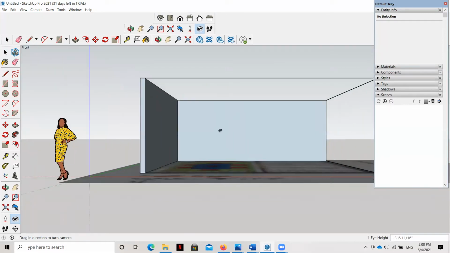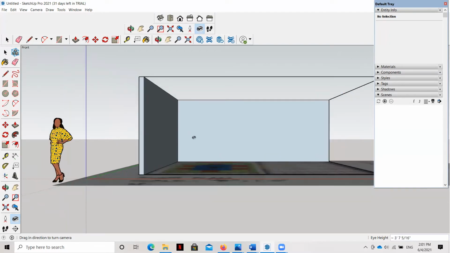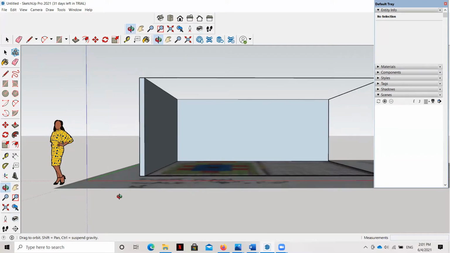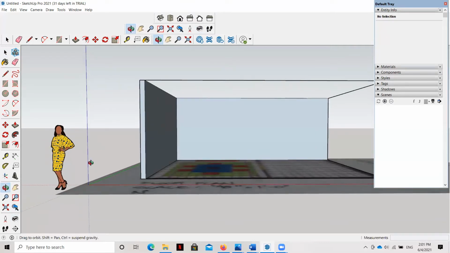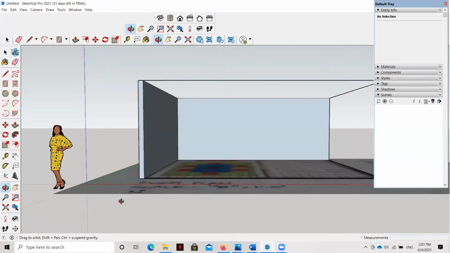You can see here, as we zoom out, our eye height changes as well, and that's just a function of SketchUp. So what I have to do is grab my orbit button, and as I'm clicking on my left button and I'm shifting my view, I'm dragging it down. Do you see how the horizon line back here, I'm orienting it to be right where my scale figure's eye level is?